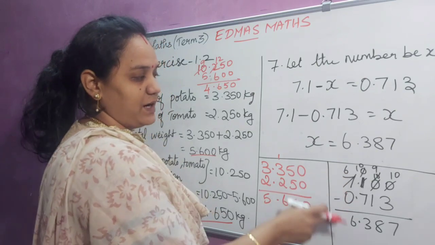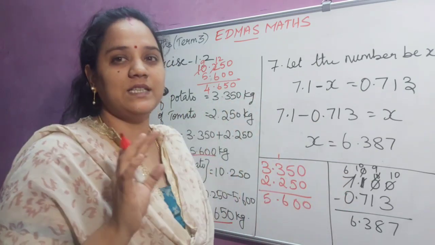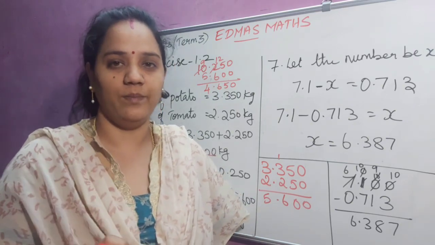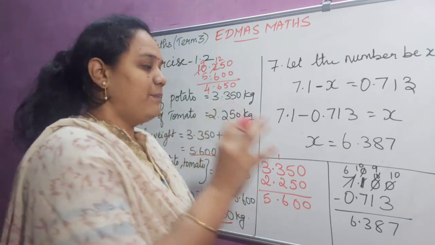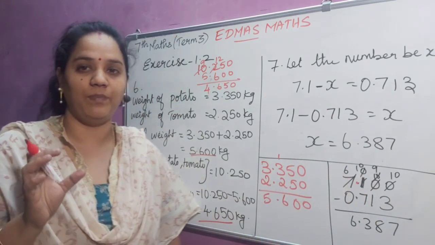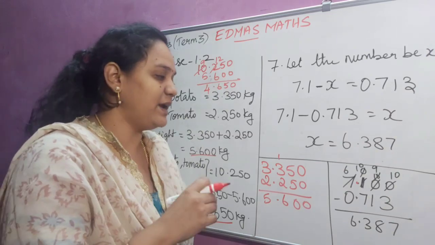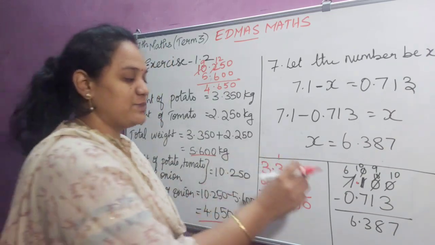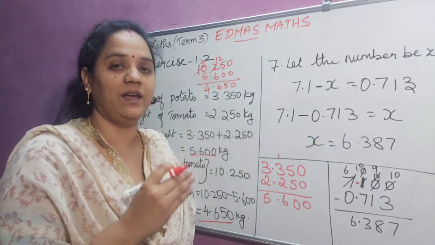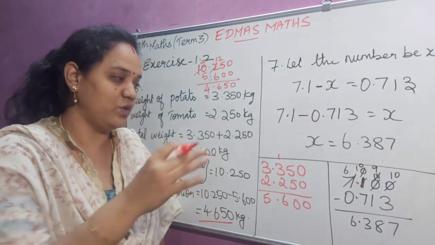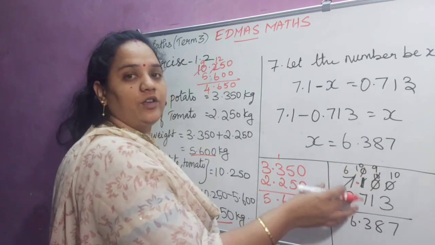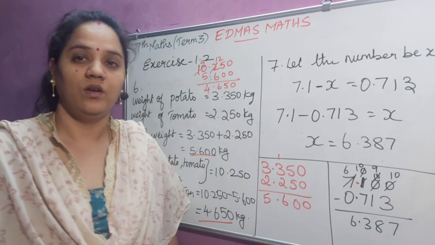Here I have subtracted these two numbers. So it is normal subtraction only. You all know how to subtract or add normal whole numbers. Okay, the same thing we have to do. But while writing, you should write the numbers according to the place value. Is it clear? For decimal numbers, we all know the place value. That is the ones place, tens place, which is the whole number part, and tenths, hundredths, thousandths are our decimal part. Is it clear? So if you have written the numbers correctly according to the place value, your answer will always be correct.